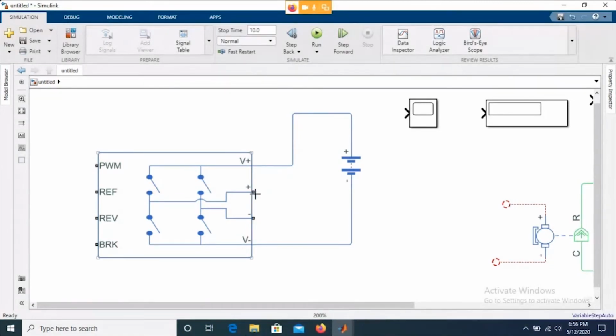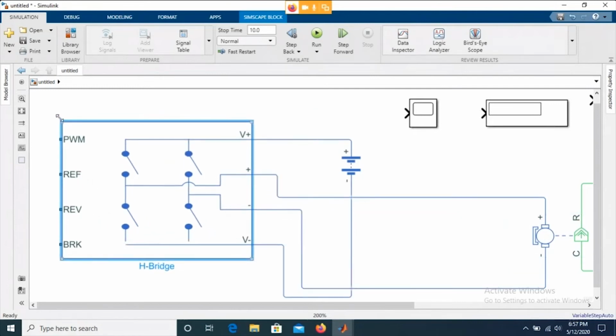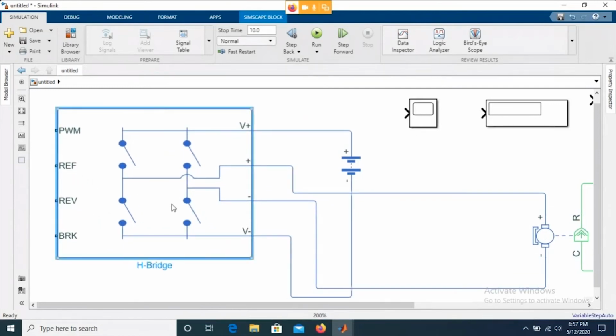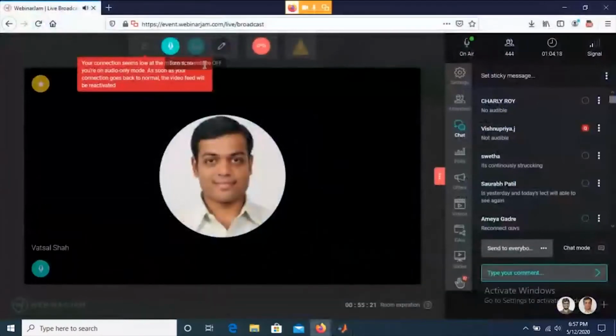How are we now required to connect this, right? So this is the output, and I'm going to connect over here like this. So this is our overall connection, right? This connection will help us understand that this is the battery power and this is the motor over here, and these are the switches. How many switches do we have? We have four switches, right? Now what exactly is this H bridge going to do? Let me explain that to you. Now I'm going to use the whiteboard. So let me use the whiteboard.